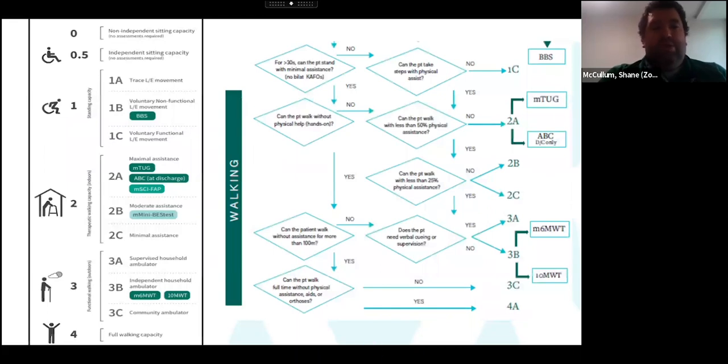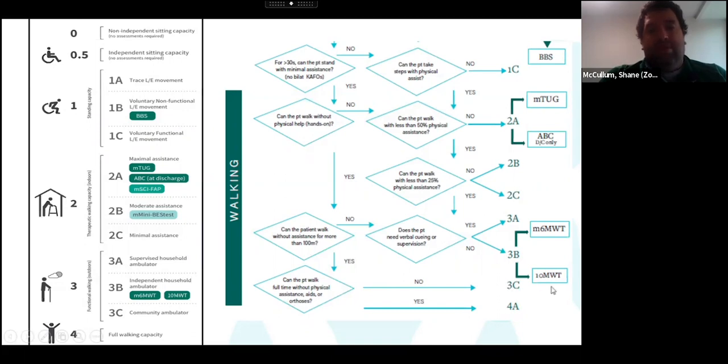So moving down, about 2/3 of the way down, can the patient walk without assistance for more than 100 meters? And that's yes. So we go down to the bottom, and can the patient walk full-time without physical assistive aids or orthoses? And that's no, because she still requires a four-wheeled walker. So the stage at this point in time would be a 3C,